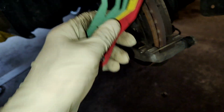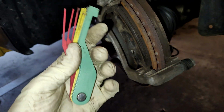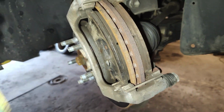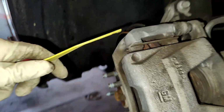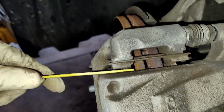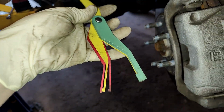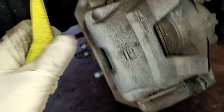So to check the brake pads while the caliper is on, I use this tool. These are metal, and then you can usually stick this. Here, I'm gonna flip this down. You can stick these between the caliper and the pad and the rotor right here to check your pad thicknesses, and then whichever one fits snugly, that's the thickness. So